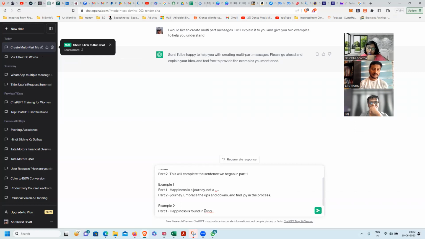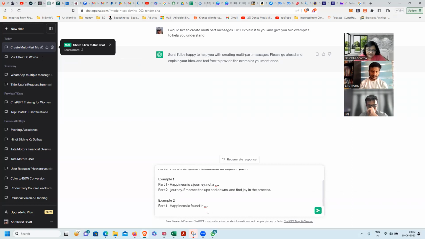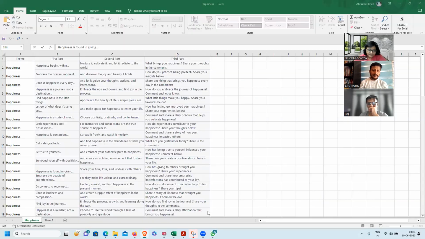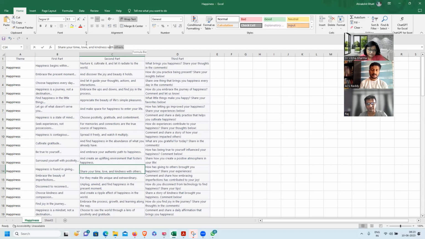Happiness is found. And now you see, if I remove the giving piece from here, it kind of makes it more intriguing, right? Okay, what is it found in? Then you would automatically want to hear and look at the second part, how it's happening, what's happening, right? Part two, happiness is found in giving. Share your time, love, and kindness with others.